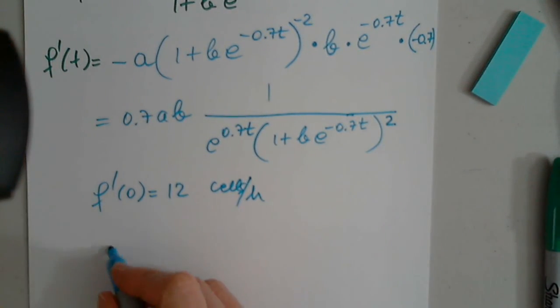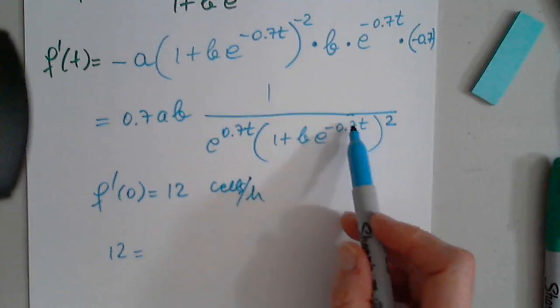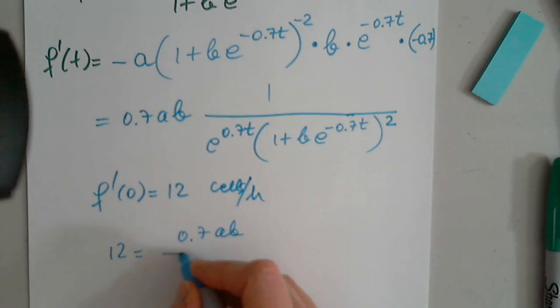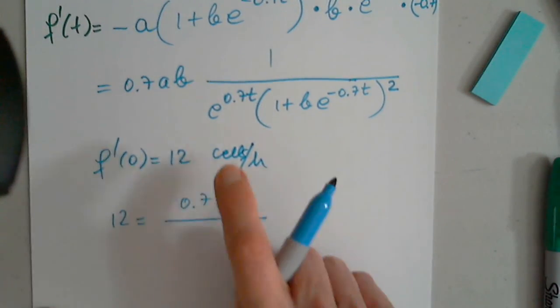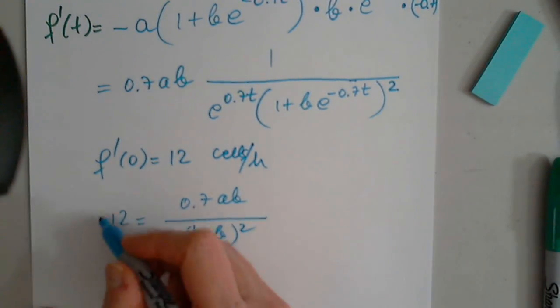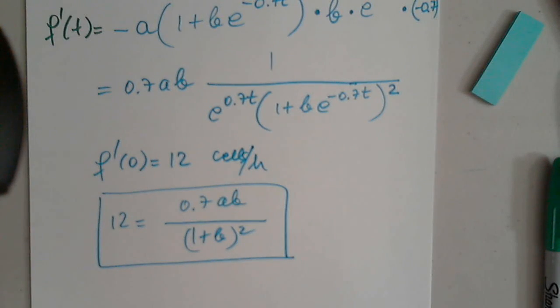So I have to write 12 equals. When this is 0, this is 1. When this is 0, this is 1. So I have 0.7AB over, this is 1, this is 1, I have (1 plus B) squared. So we have the two equations that will help us solve